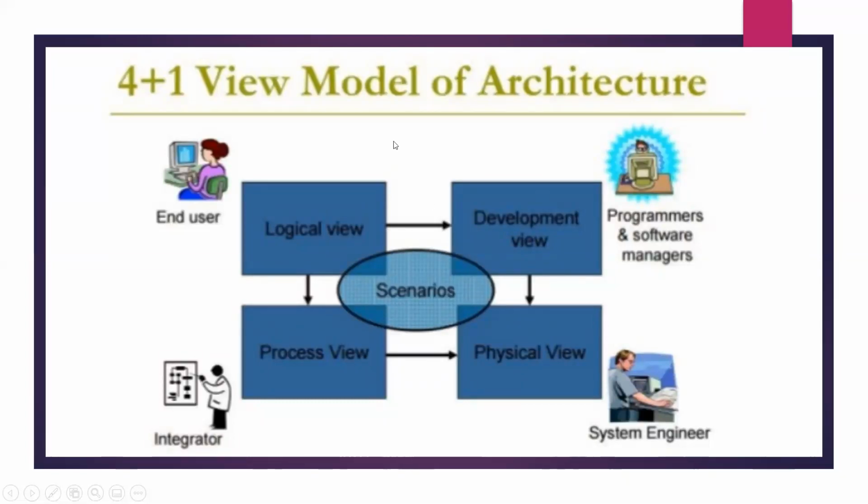Generally, a model is a complete, basic, and simplified description of a software architecture, which is composed of multiple views from a particular perspective or viewport. And a view is a representation of an entire system from the perspective of a related set of concerns. It is used to describe the system from the viewpoint of different stakeholders such as end users, developers, project managers, etc. So this 4+1 view model of architecture was initially invented by Philippe Kruchten to